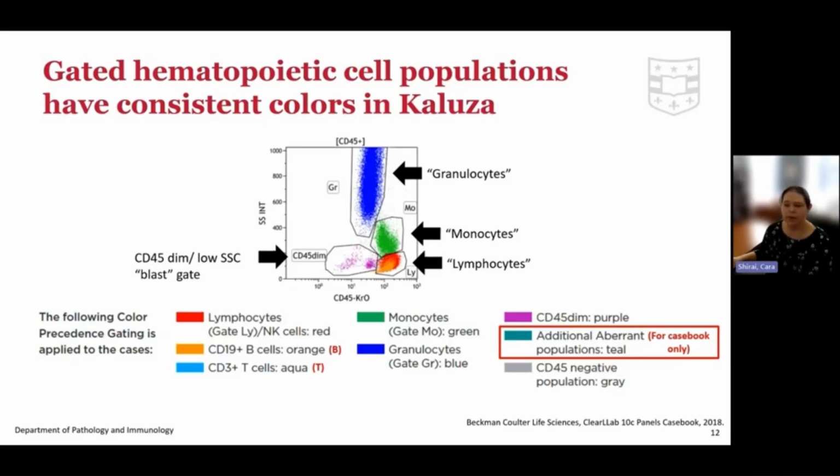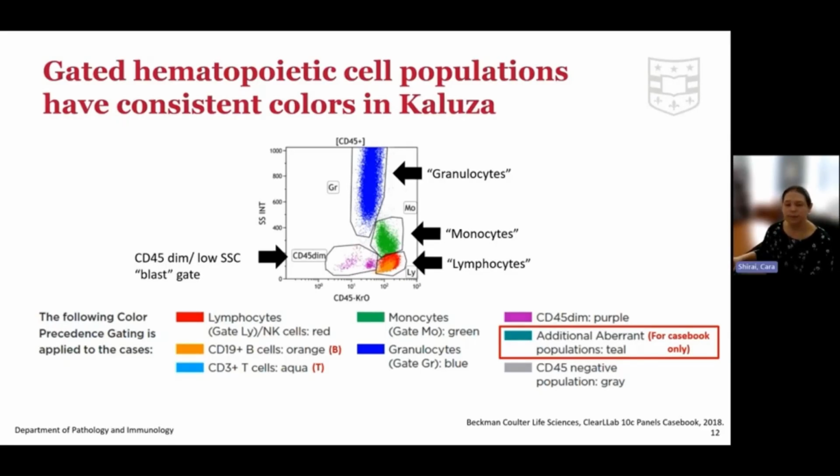Monocytes are CD45 bright, have moderate side scatter, and are shown in green in all tubes. Granulocytes are CD45 moderate, have high side scatter, and are blue in all tubes. Finally, the CD45 dim low side scatter gated populations are colored in purple in all tubes. Keep these colors in mind as we will look at example flow cytometry plots or scattergrams using the ClearLab system